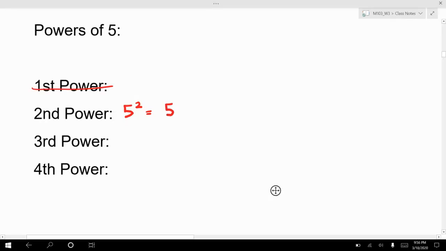So that just means 5 times 5, which we know as 25. And then if we have the third power, that's going to be 5 to the exponent of 3. And that would also be pronounced as 5 cubed. So this is 5 times itself 5 times. And that equals